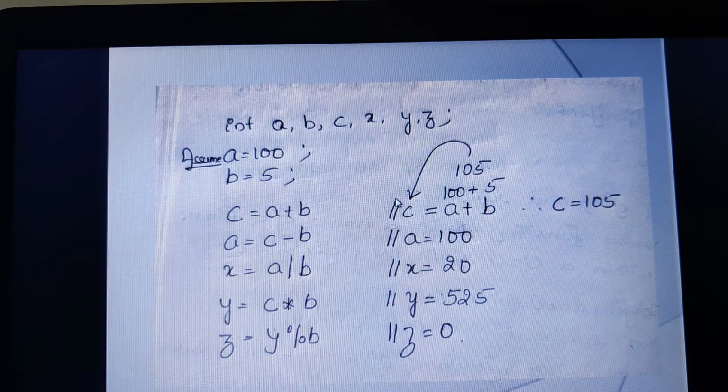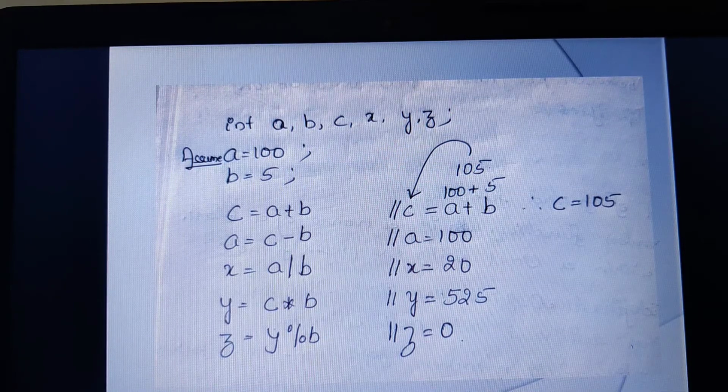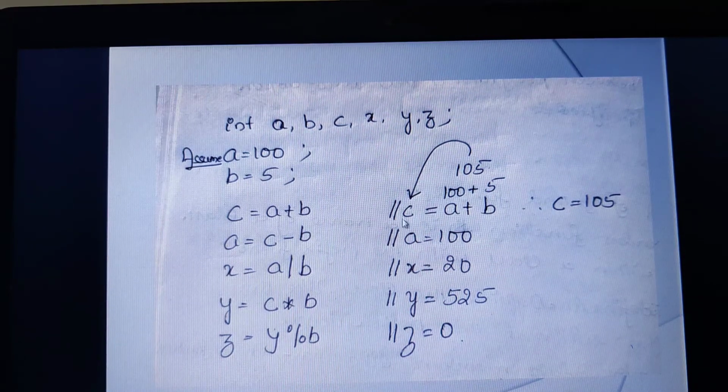What is a comment for? It is for the user's purpose. If I have designed an application, I know what it is designed for, but you don't know. When I add a comment, I'll tell you this application is for some specific task. I'll be writing the comments, so this slash is nothing but a comment. So the 105 value will be moved into C.